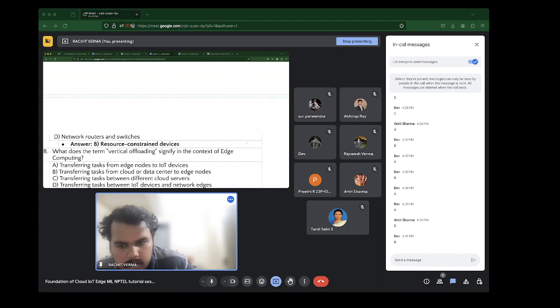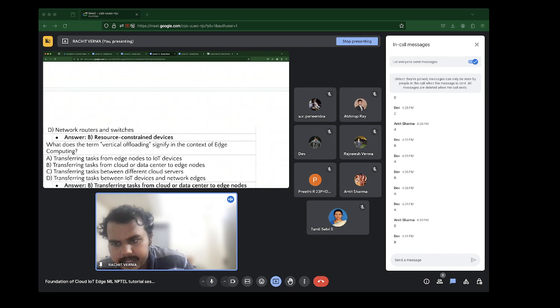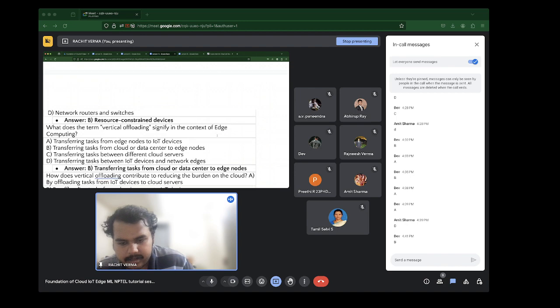Okay, so the answer is B. Cloud to edge and edge to cloud. This kind of transfer falls under vertical offloading, and horizontal offloading would be within the same tier.